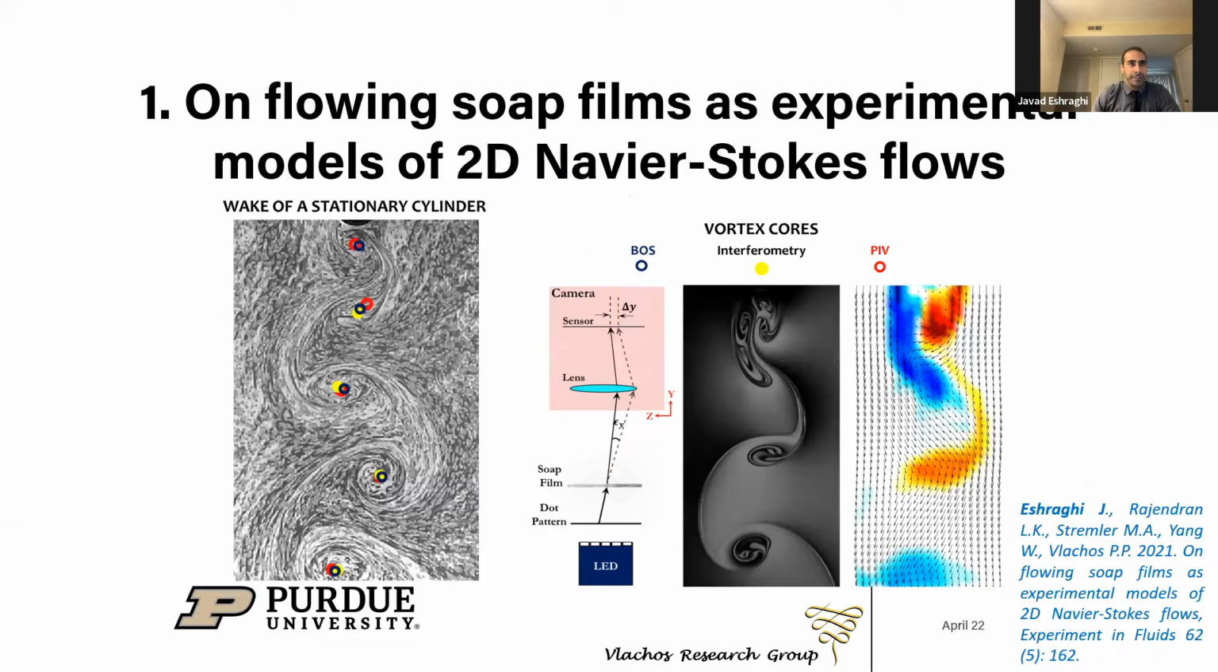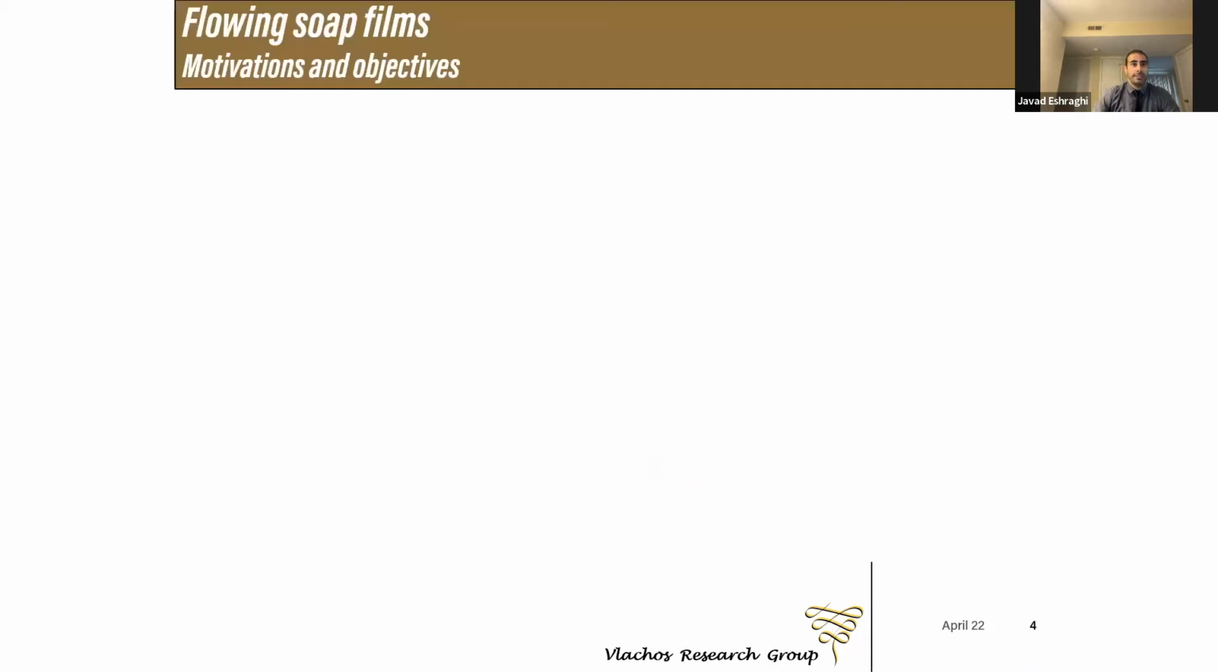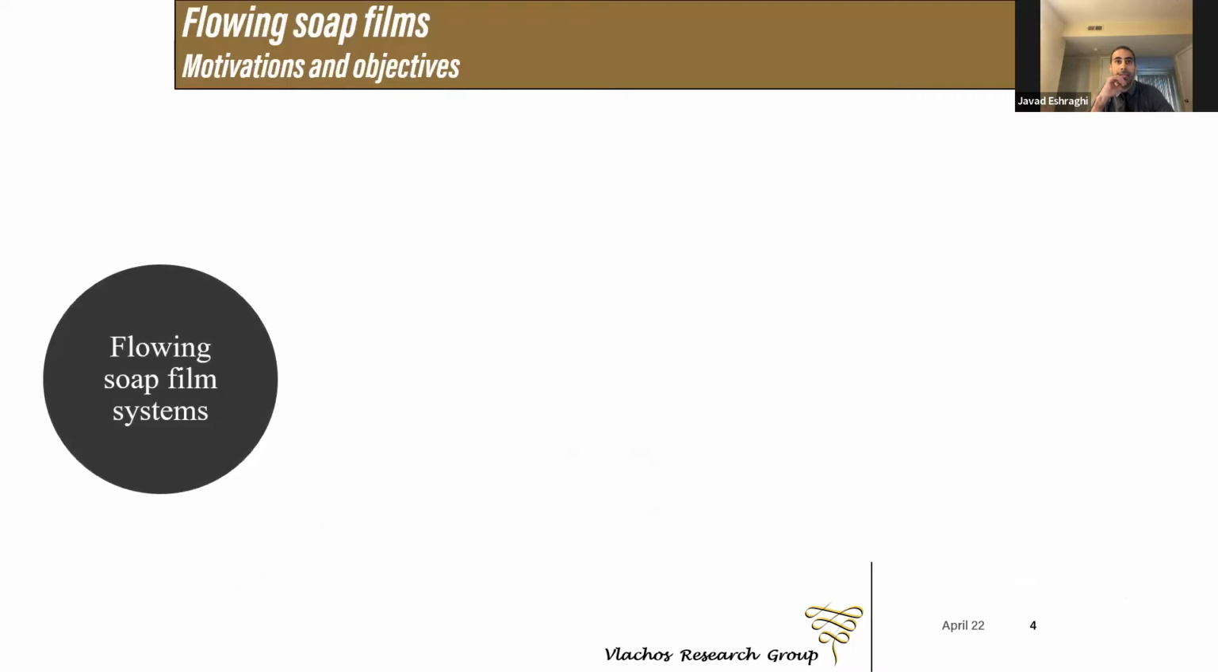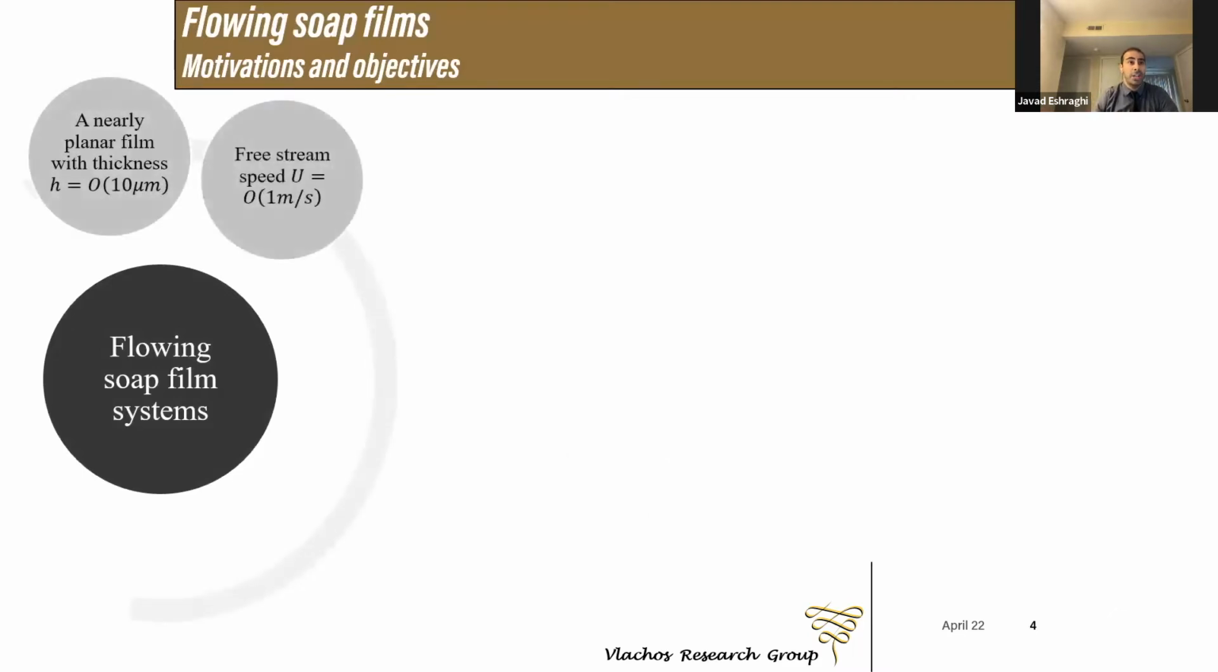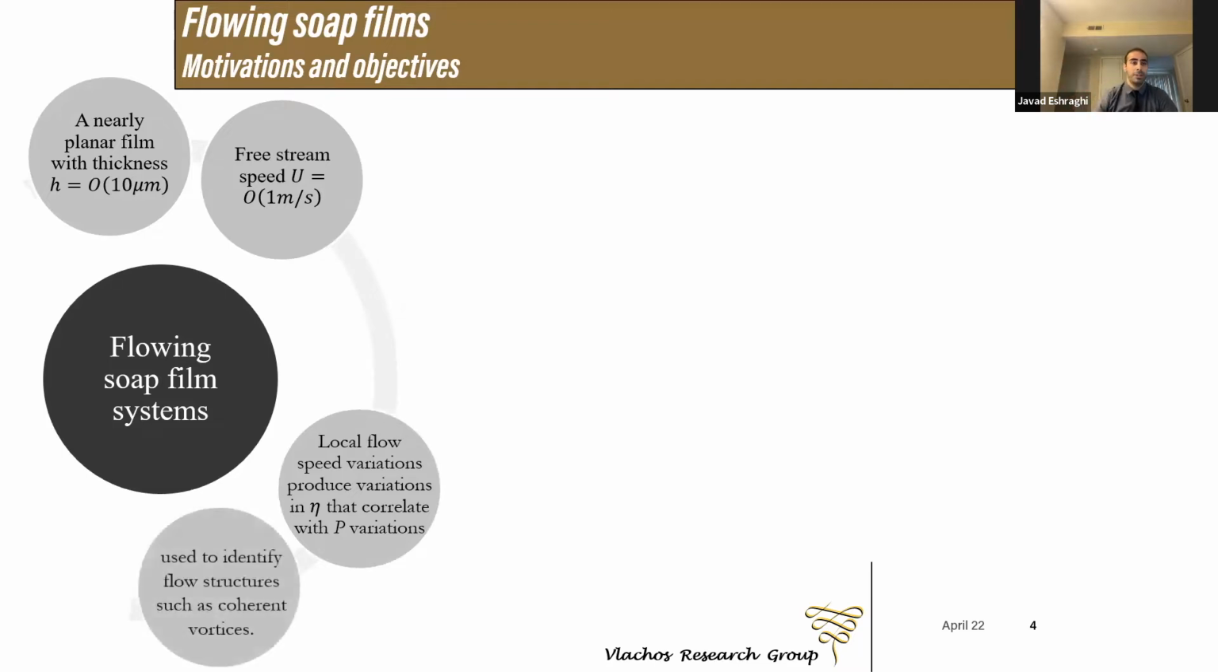In the first section, I will discuss our findings on a viable experimental setup for replicating nearly 2D flow called flowing soap film. A flowing soap film system typically consists of a nearly planar film with a thickness of 10 microns and a free stream velocity of 1 meter per second. Local variation in flow speed, such as caused by a bluff body obstructing the flow, for example, produce small variations in the local film thickness that correlates with the pressure variations and can be used to identify flow structures such